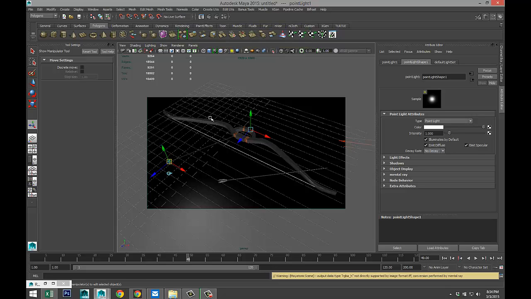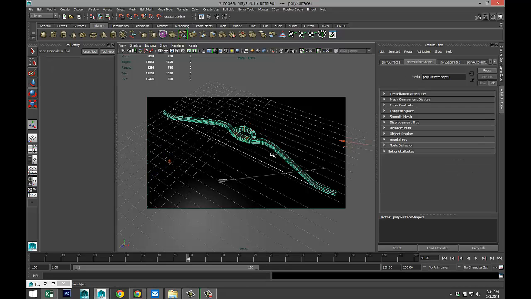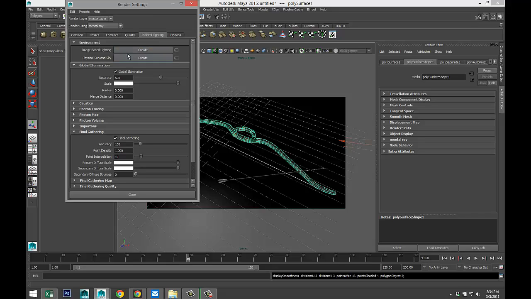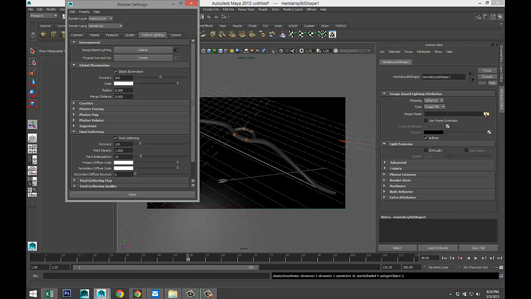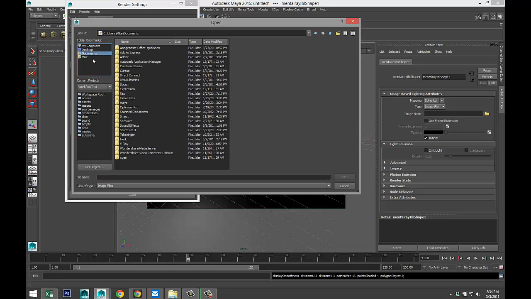Like I thought, guys, not enough light going on. So I'll just hit 3 to smooth that guy. Right click object mode. There we go. So we need a bit more light. So I'm going to introduce an image-based HDRI file, image-based lighting, okay? And I have one. Where'd he go?